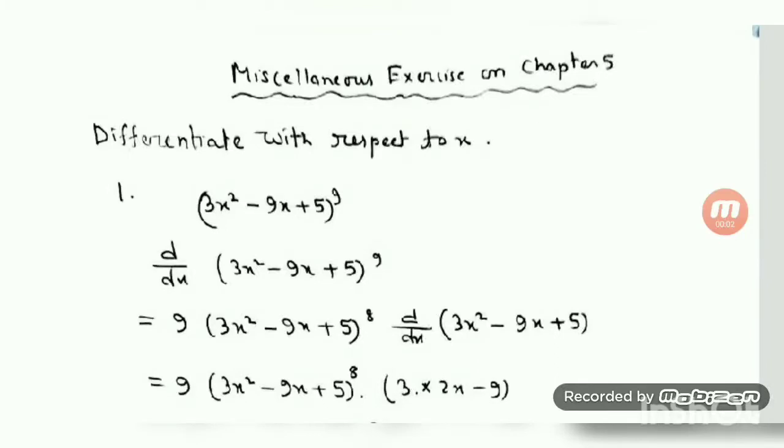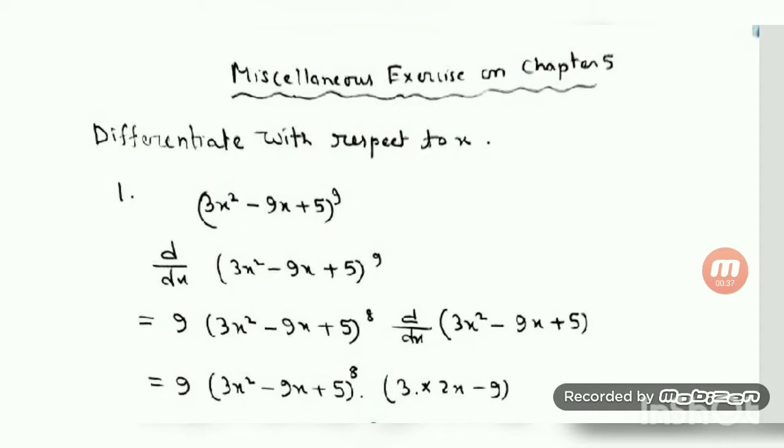Hello student. Today we will start the miscellaneous exercise on chapter 5. Your first question is: differentiate with respect to x. You see, in this chapter when the questions are given, it is not mentioned which method of differentiation you are going to use. You have to first see the question and then decide what method of differentiation you are going